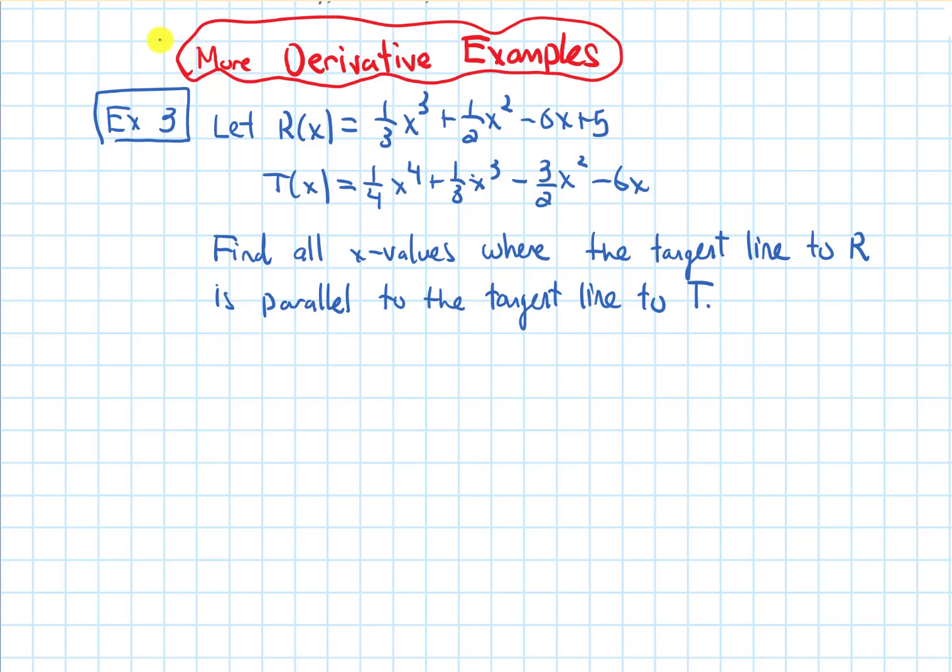In this video, we will do some more derivative examples. So the first example I want to look at has these two functions, r of x and t of x. And it asks us to find all x values where the tangent line to r is parallel to the tangent